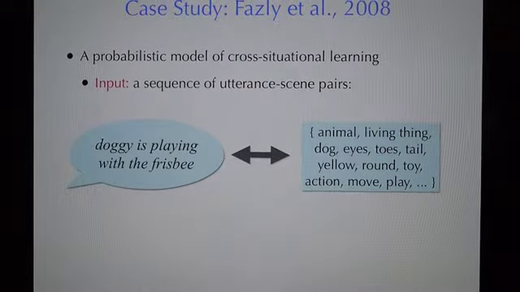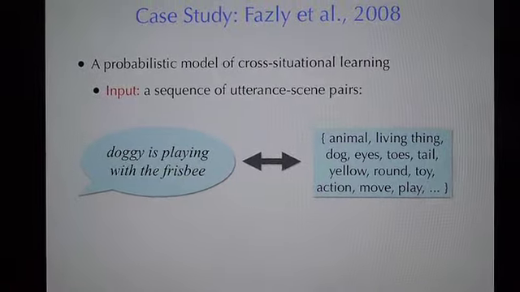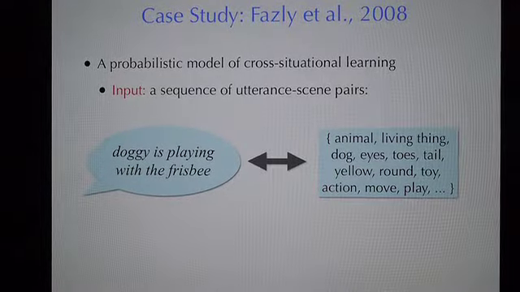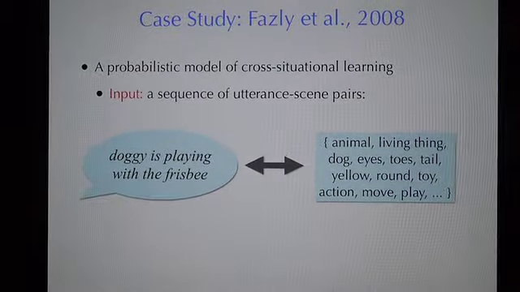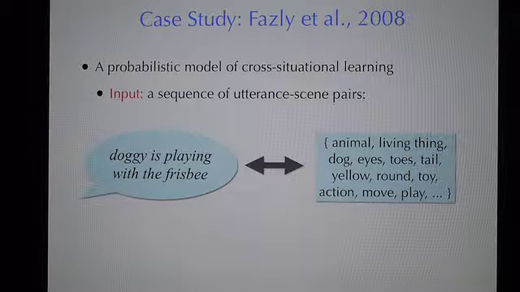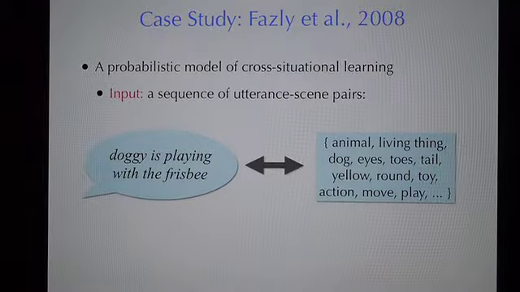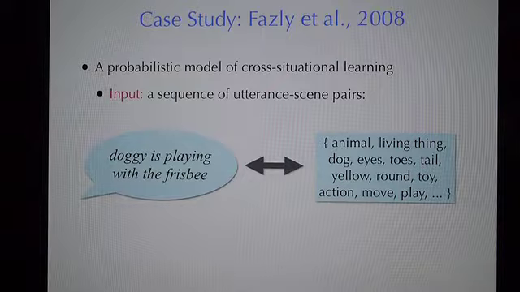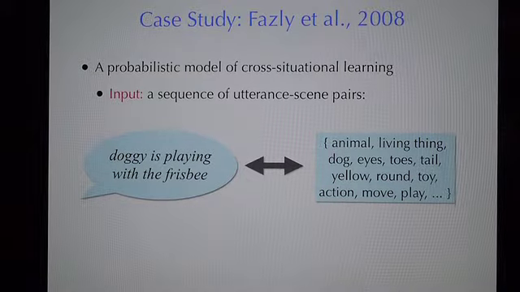The model of Fazly et al., which was proposed in 2008,